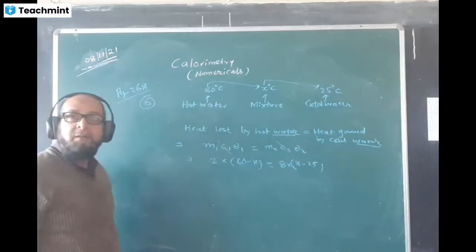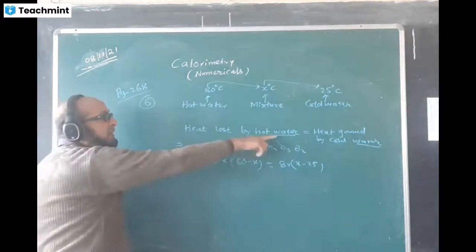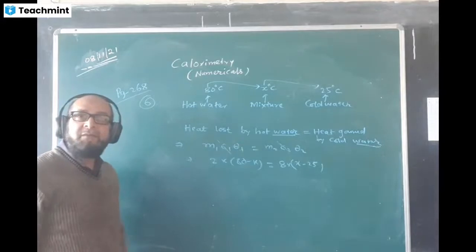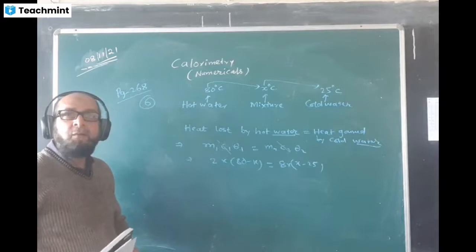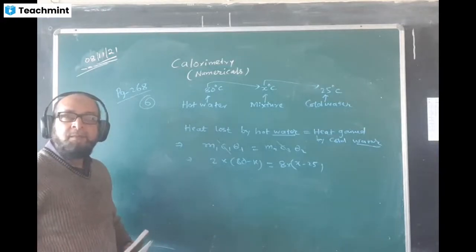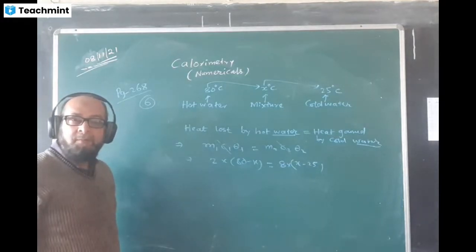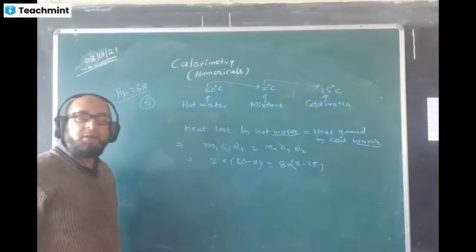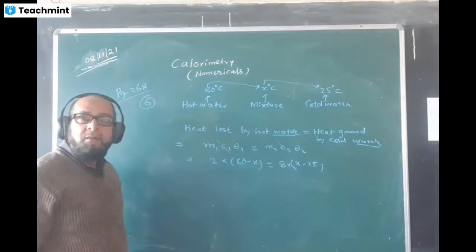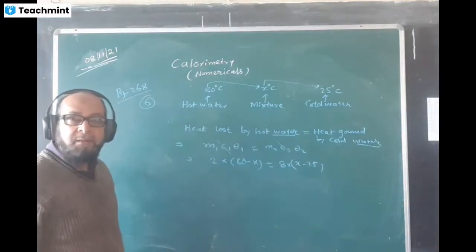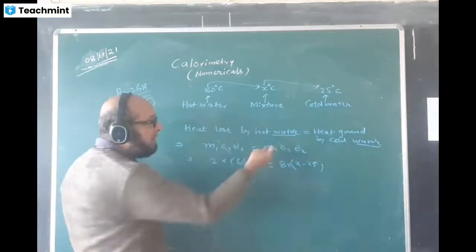I did not understand this part. How did you cancel that? Which part did you not understand? The C, so you cancel that. This side, what kind of substance do you have? Cold water, hot water. Water is there or not? Yes, sir. What is the specific heat capacity of water? They will have the same value, no? Yes, sir. That's why I cancel. This is also 4200, this is also 4200. Cancel them because the substance is the same.